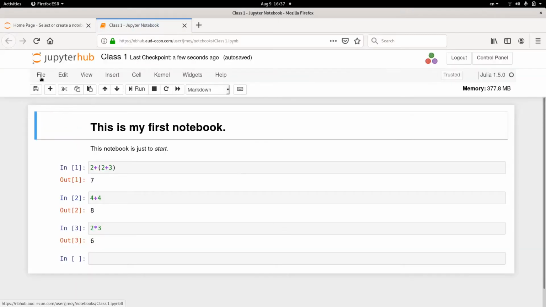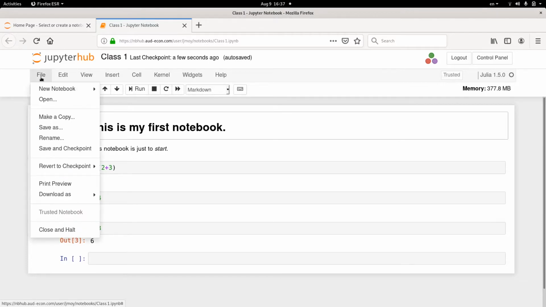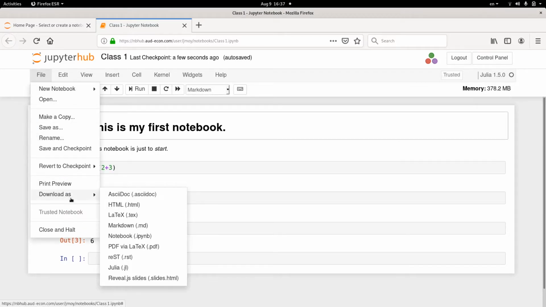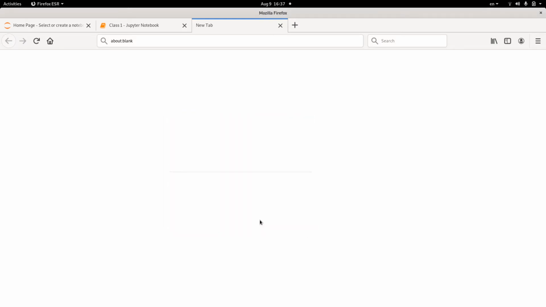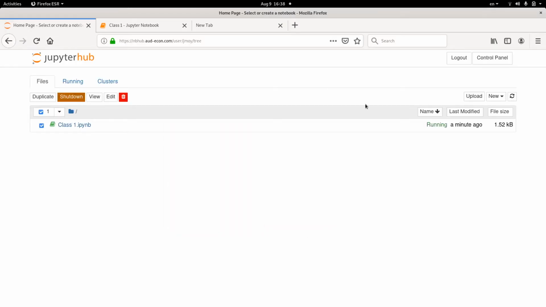So when you go to file, you can download as. So you can download as various formats, or you can download the notebook itself. So when you say download as notebook, if I click this, then a download will be started, and I can get a file which I can save, and this saved file I can share with anyone, or I can keep on my computer, and later on, instead of starting a new notebook from here, I can go to upload and upload a notebook that I have got from somewhere else, right?